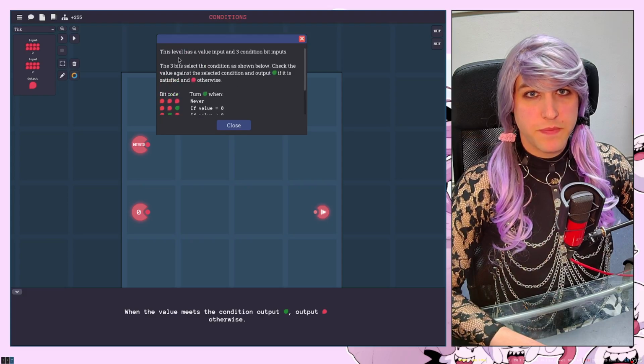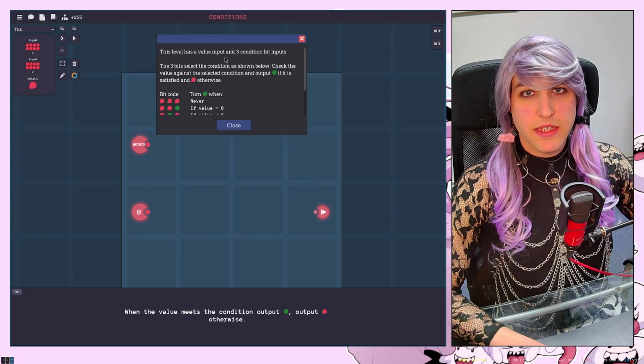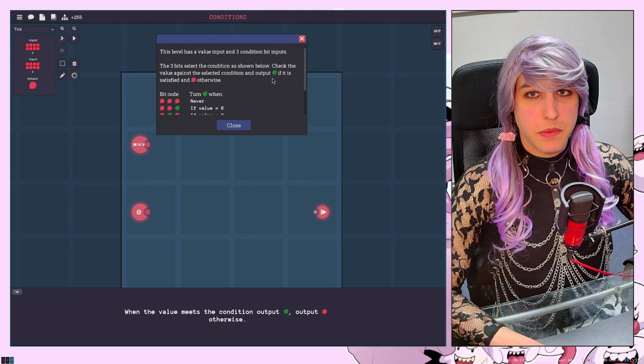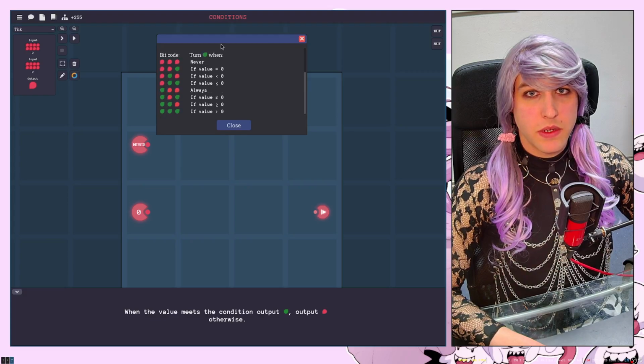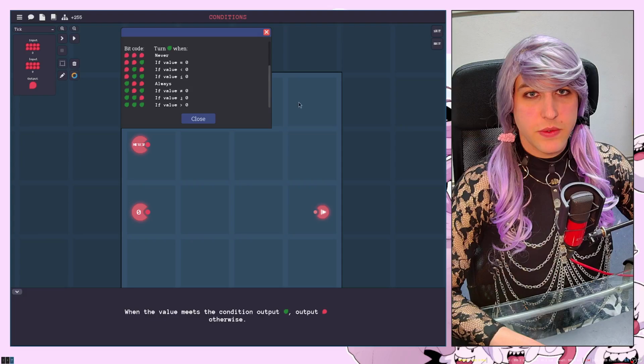completed this level. So this level has a value input and 3 condition bit inputs. The 3-bit select the condition as shown below, checks the value against the selected condition, and outputs green if it is satisfied and red otherwise. We're going to leave this open because we're going to have to